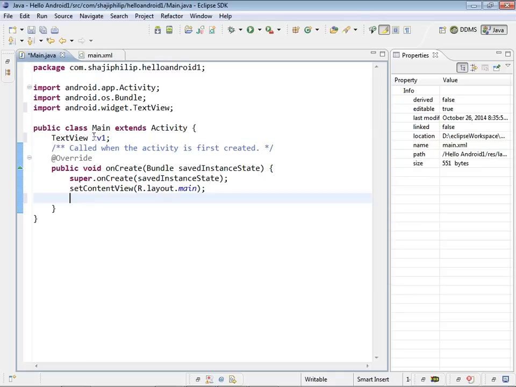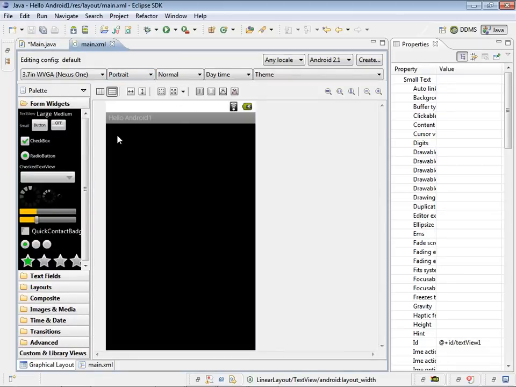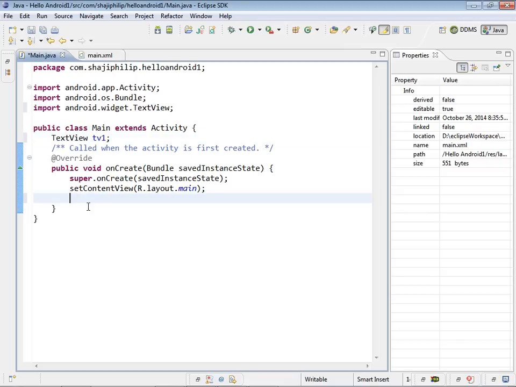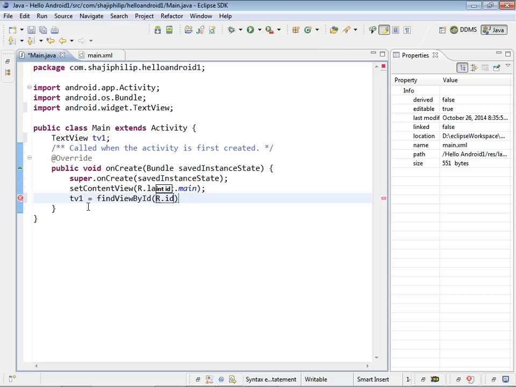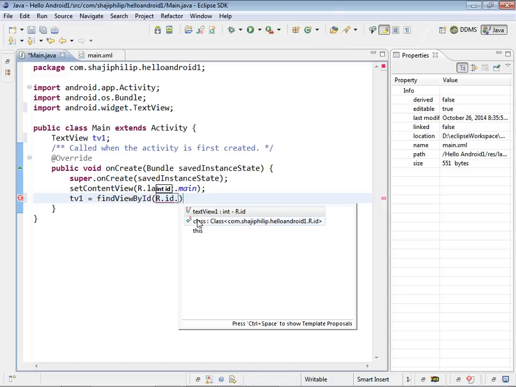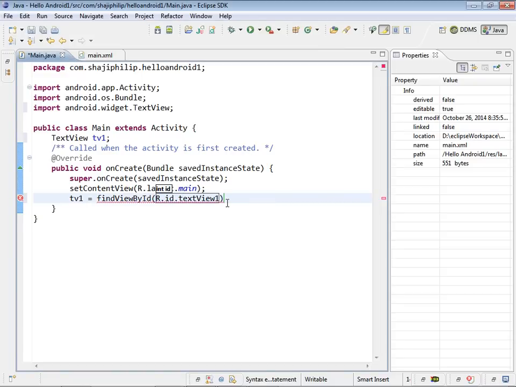Now we have to connect this TV1 with the textView1 component in the GUI design or the XML design. What we have to do here is find it: TV1 equal to findViewById, R.id.textView1.